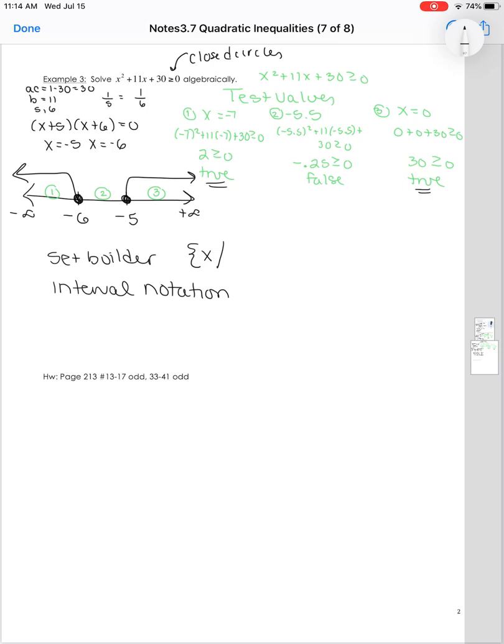So in terms of set builder now and interval notation, because there's 2 different branches, this is like an OR situation. So for all x such that x is less than or equal to -6, or x is greater than or equal to -5. And for interval, we have 2 different intervals. One of them is composed of -infinity and -6. The other one is composed of -5 and